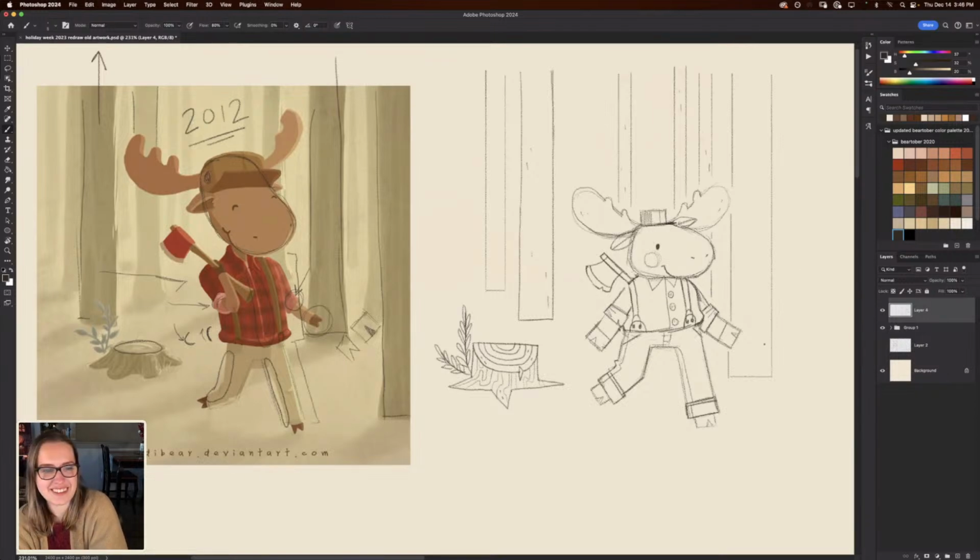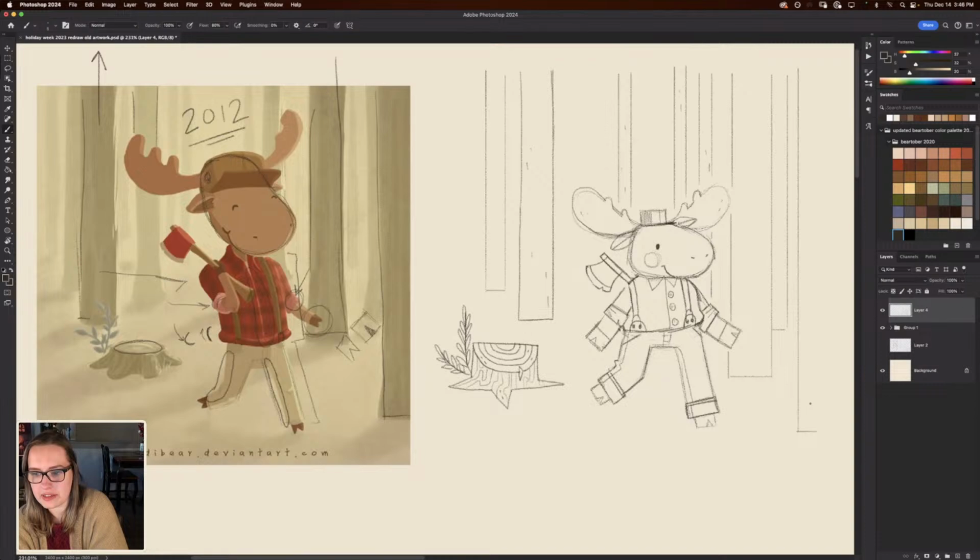The focus is real, yeah. I was like, I'm gonna draw those trees. Oops. I accidentally switched my colors. There you go.